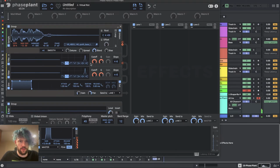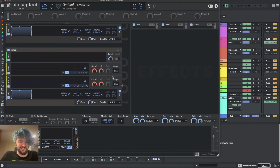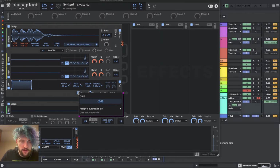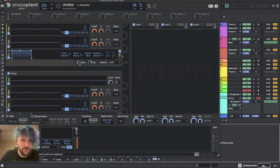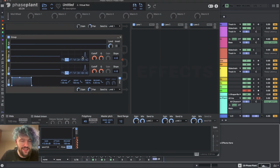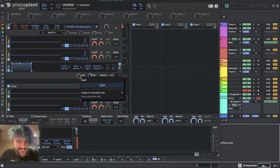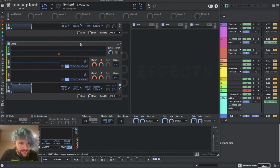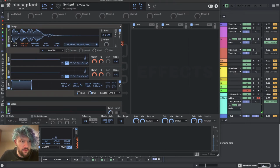Why is one louder than the other? Is it because of the... Oh, because the gain. -20. No, more. Sorry, we're being too loud. -30. -25. And you also... -25. Cool. Yep, now it's sounding...